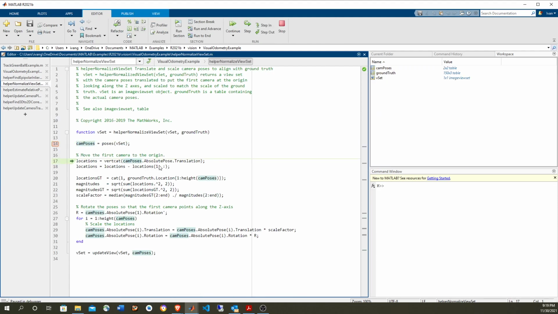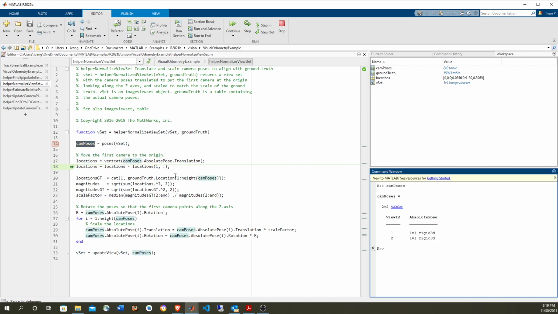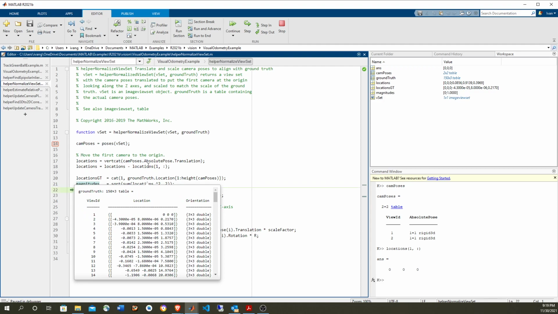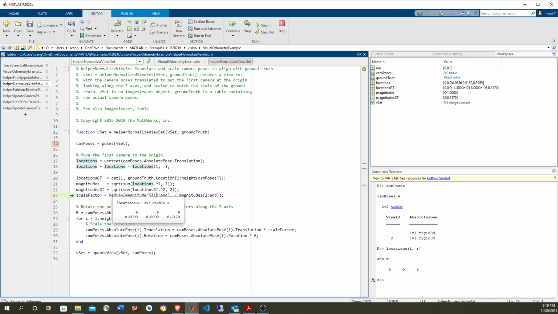Okay, so we add the connection, and now we're going to normalize it, which is some type of hack. Basically, it's going to take the poses from this poses method from the imageviewset. It's going to give us the poses. So far, we only have 2 of them. The first one is the origin, and the second one is the one that we just computed. From the locations, we're going to subtract the base location, which is basically 0, 0, 0, so this is useless in this case. So we're going to take the locations from the ground truth and the locations that we have calculated,